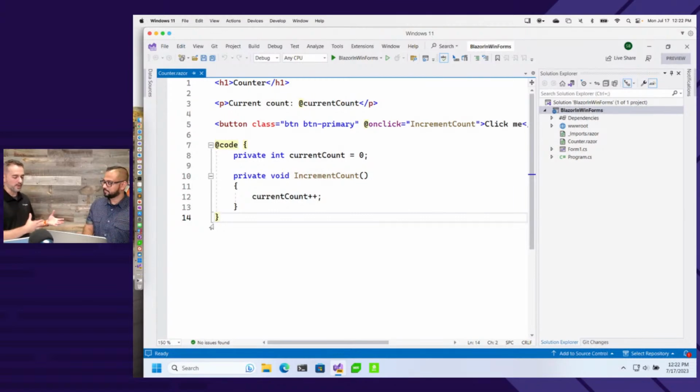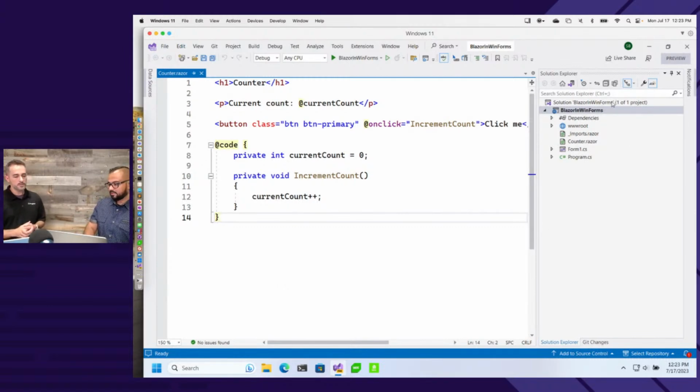Another thing that's not great about that model is you have to freeze the old app. You can't get any new updates because you don't want to have to keep doing that in both systems. So you have to freeze the old one. It doesn't get any new features. And then maybe there's a security thing, you have to go back and patch that on there. And it's a whole thing. This gives you the ability to migrate slowly and piece by piece.